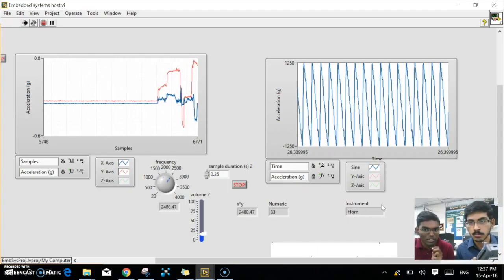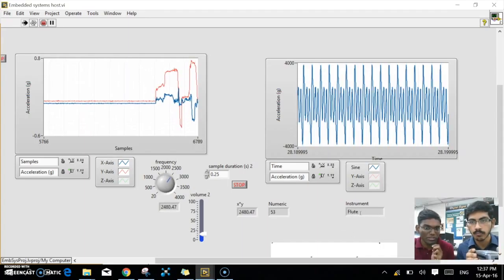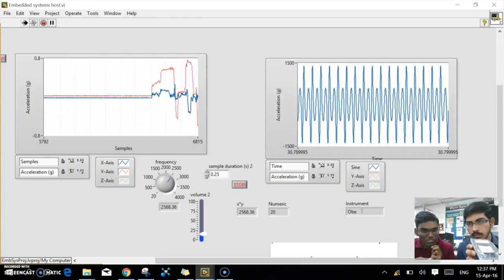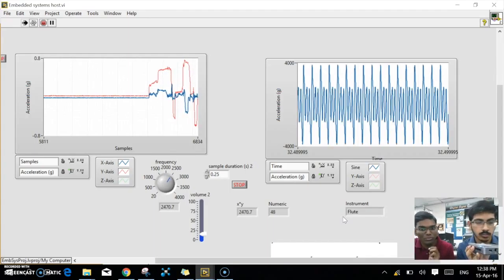And over here is the display to tell you which instrument is currently being played. For example, now my friend is showing a flute, and when he changes it, it's the oboe, and when he moves it further, flute,